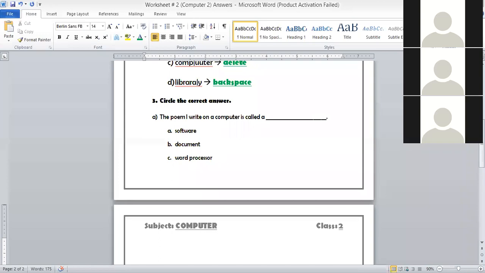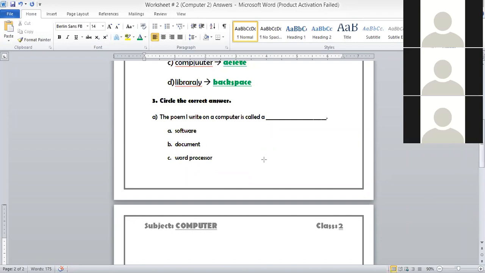Hamido Al Harbi, are you listening to me? Yes. What is the answer for question 3A? Document. Excellent. That's nice. So the right answer is: the poem, the essay, the words, the numbers, whatever you are typing on a computer, that thing is called a document.